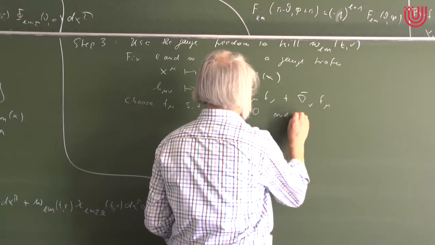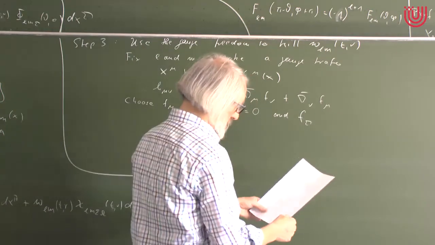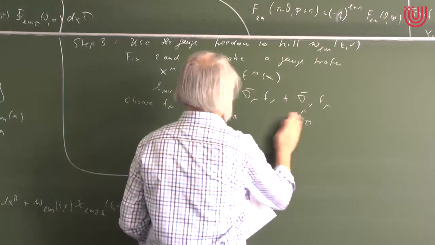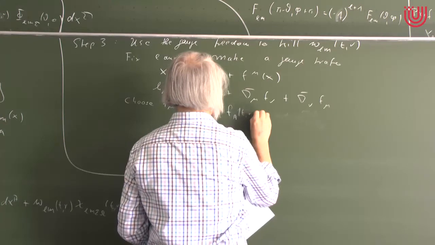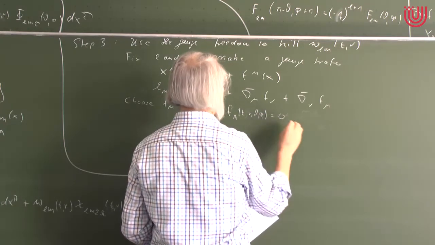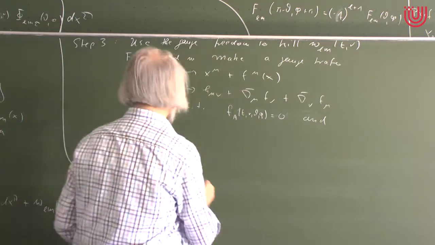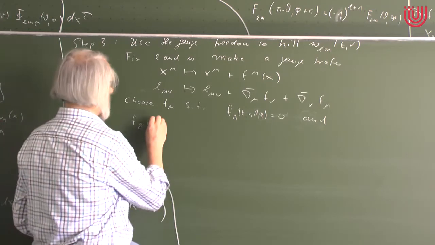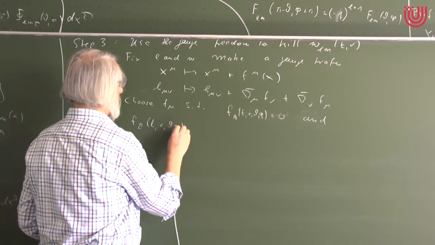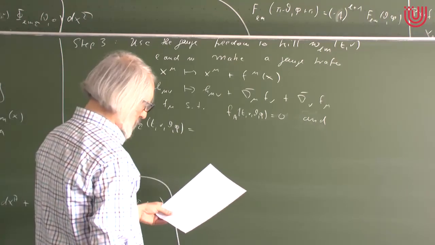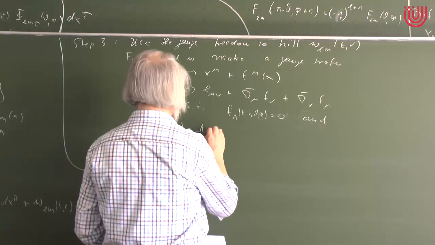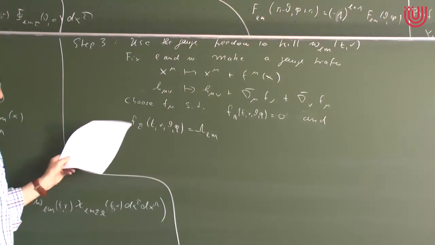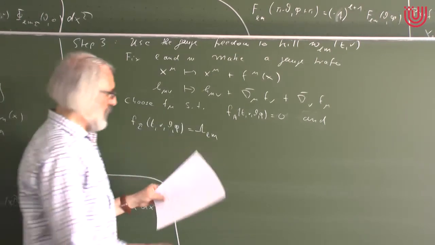And the f sigma is what? Well, this depends, of course, on all coordinates. Maybe I should write this. f a of t, r, theta, and phi is 0. And we have f sigma. This means f theta and f phi, of t, r, theta, and phi. I make an ansatz that this is a function lambda Lm. The gauge will depend on L and M. Yeah? So the gauge function will involve the indices L and M, t of r,